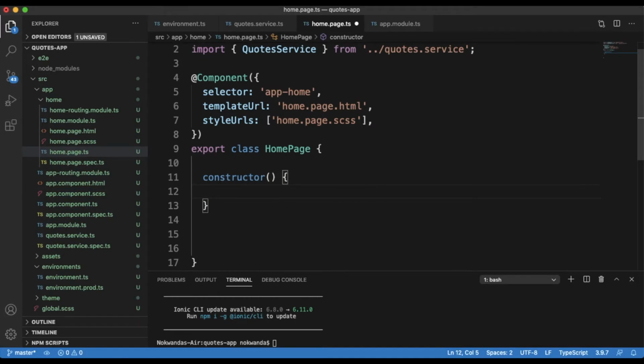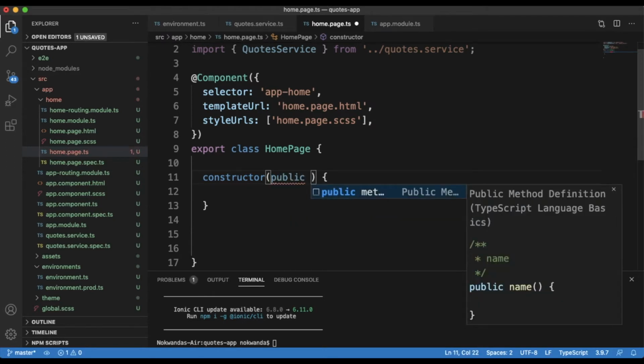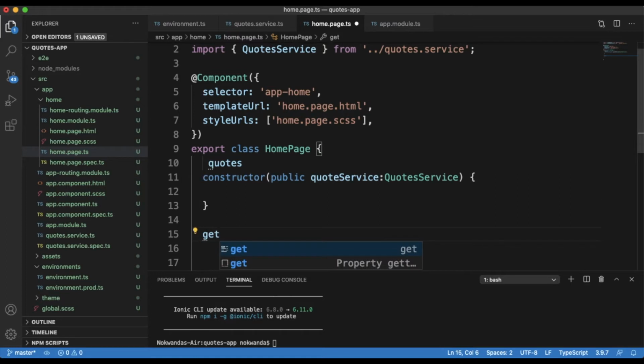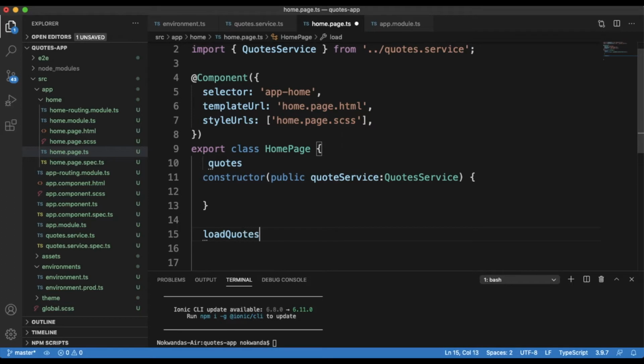Now, on our home TS page, we have imported the codes from the servers, and I will then go ahead and inject here. That's it. And I'm going to have an array here called codes, where I'll put in my codes. And now I want to get the codes from our servers. Okay, so I'm going to call this a load codes method here,